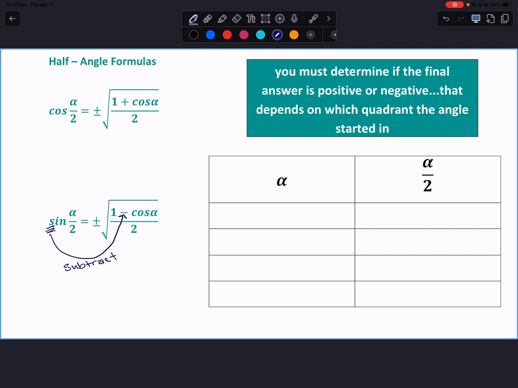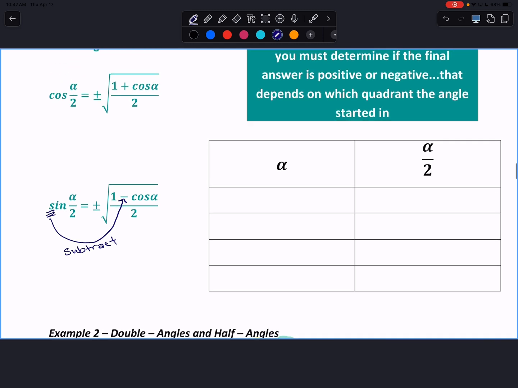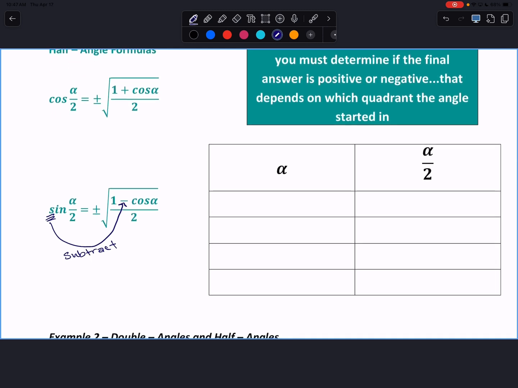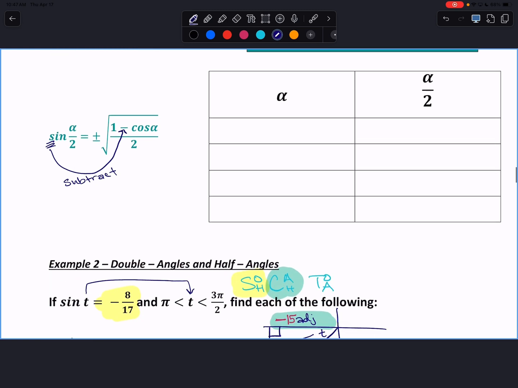So I'm going to show you that really quickly. Alpha is the angle, okay? So look, it says you must determine if the final answer is positive or negative, and that depends on which quadrant the angle started in, okay? So remember, if the angle alpha starts in quadrant 1, think about quadrant 1. A lot of times we talked about that from 0 to pi over 2, right? But another way you could think about it is if it's in quadrant 1, it's between 0 and